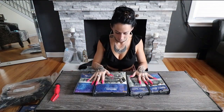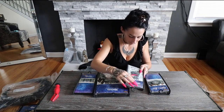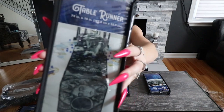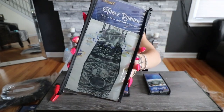Okay, next up, let's look at these tablecloths and table runners. So I think I can see a little bit of moisture in this package. Let's see if you guys can see what I'm seeing. So it seems like there was a little bit of moisture in this package. I don't know if that was from that broken